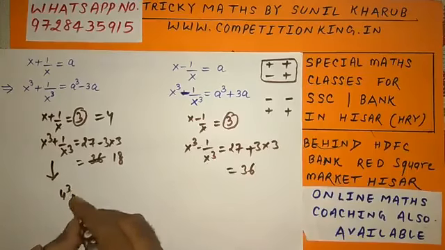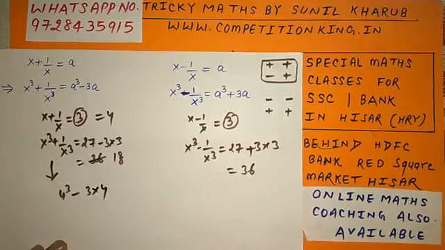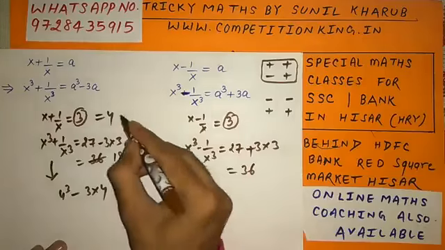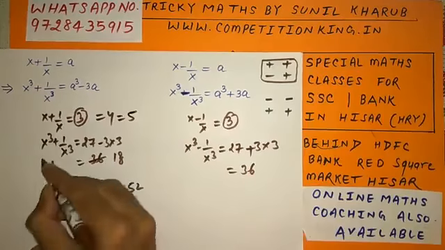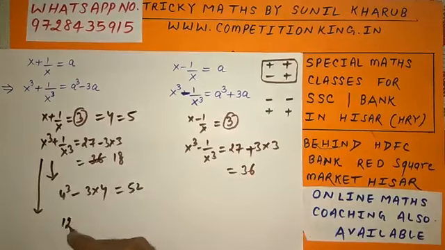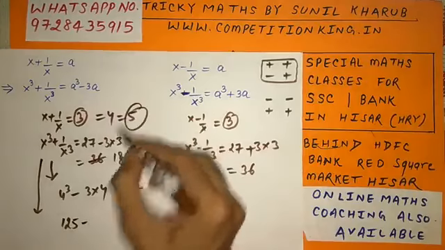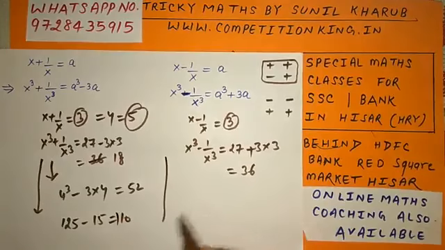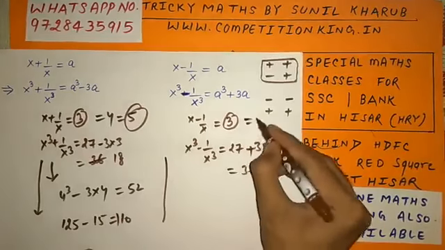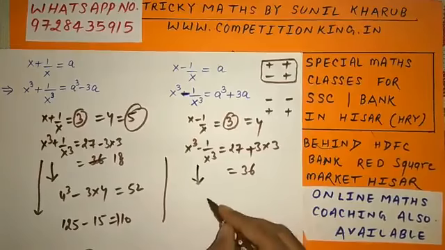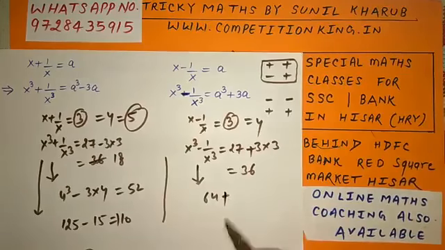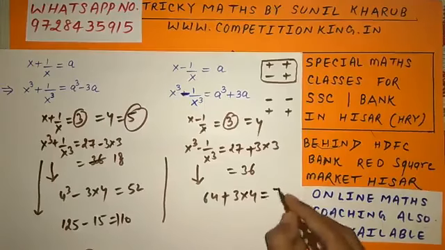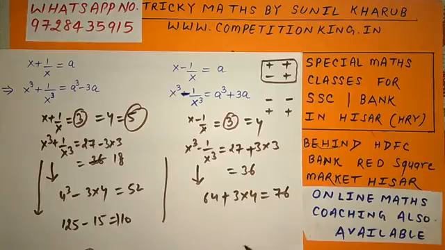For example, if it is equal to 4 and I have to find the value of this, 4 cube minus 3 multiplied by 4. So the answer would come out to be 52. If it is equal to 5, then this will be 5 cube is 125 minus 3 multiplied by this, answer is 110. See here, if this is 4, then this value is 4 cube is 64 plus, because I am moving from minus to minus, 3 multiplied by this, answer would come out to be 76.